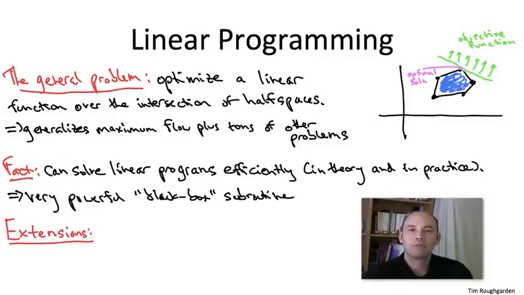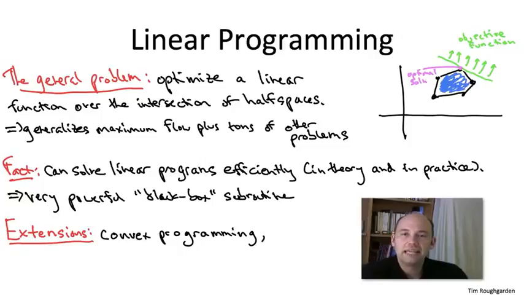In fact, there are black box subroutines available to you that are strictly more powerful than linear programming. One generalization is convex programming, so linear functions are a special case of convex functions. And if you want to minimize a convex function or equivalently maximize a concave function subject to convex constraints, that again is a problem you can solve efficiently both in theory, in terms of polynomial time, and in practice. Maybe the problem sizes you can reach aren't quite as big as with linear programming, but they're pretty close.